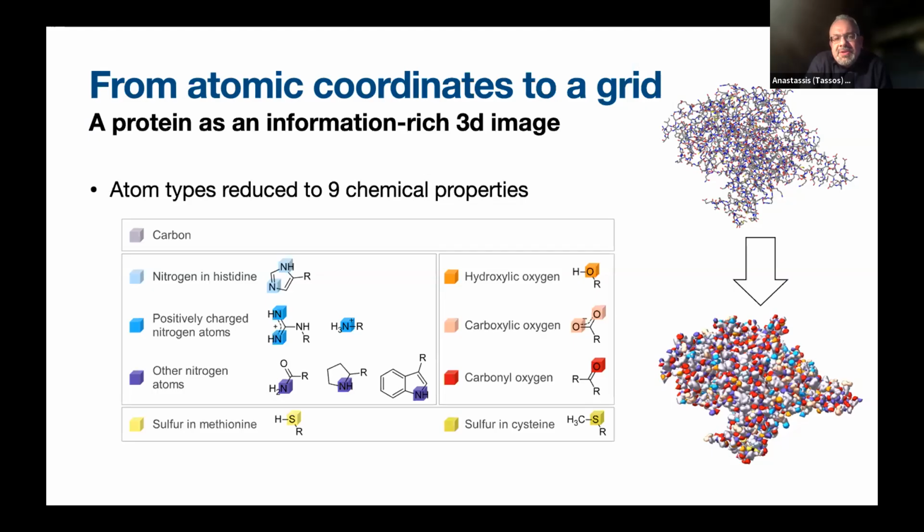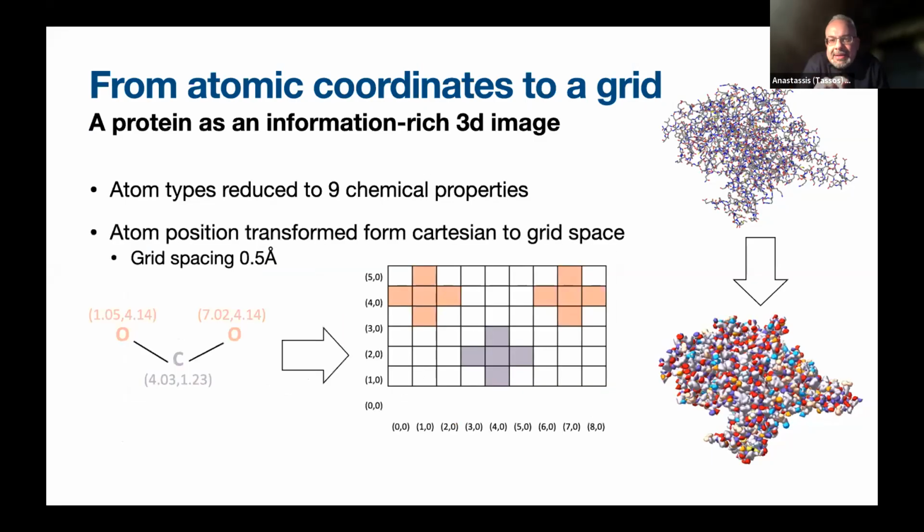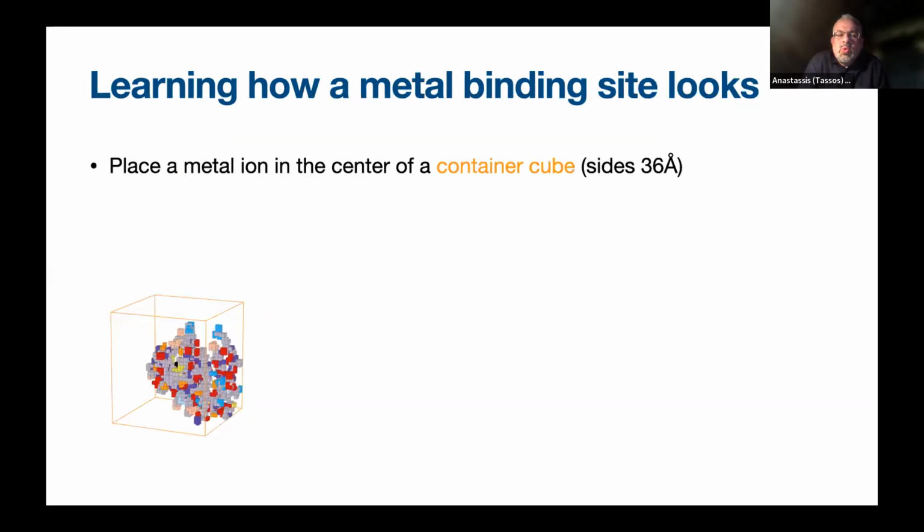I think we have a very interesting abstraction of the protein model in terms of 9 different chemotypes that we came up with, in which we represent the protein structure as a 3-dimensional image. To be exact, we represent protein structure as a 3-dimensional image in a grid. And as soon as you have something in a grid that resembles an image, that makes it quite easy to use out-of-the-box